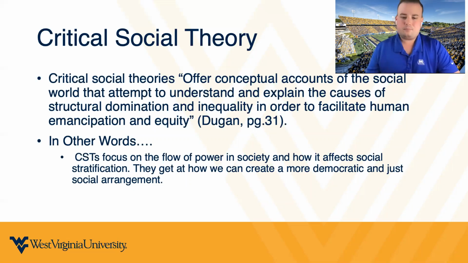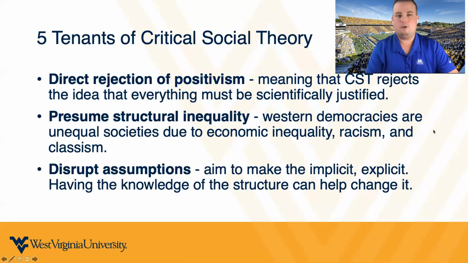And then CSTs really get at the heart of how we can be more just and fair and create equitable experiences for everybody, not just those that are bound to a certain layer of society or applied to by a certain theory. And all of this will make sense. We'll do some exercises in our next class that hone in on each of these. But with critical social theory, there are 5 major tenets that make a critical social theory. So we'll go through them here.